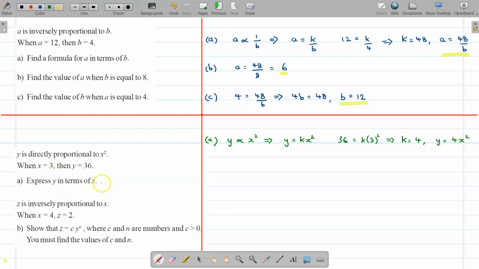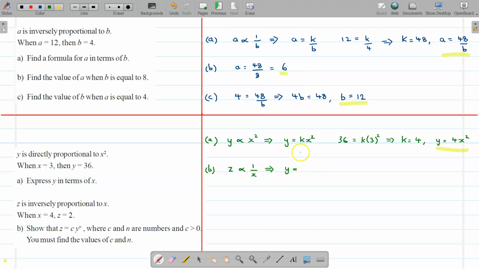Okay, so that's part A, which is quite straightforward, similar sort of difficulty to what we did in the previous question. Now, part B, we now have this extra piece of information coming in. Z is inversely proportional to x. So let's work on that first, okay? So let's just start part B here, and we can say that Z is inversely proportional to x. In other words, it's proportional to 1 over x,